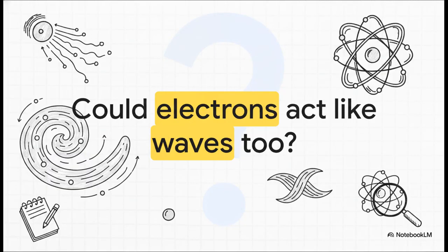So we've uncovered something absolutely mind-bending today, class. Light, which for centuries we thought was purely a wave, actually behaves as a particle too. This wave-particle duality is the beating heart of quantum mechanics. But here is the real cliffhanger for you to think about before our next class. If something as light and airy as light can act like a solid particle, what does this mean for the physical electrons inside the atom? Could these tiny particles actually be acting like waves? And will this bizarre twist finally solve Rutherford's crashing atom problem?